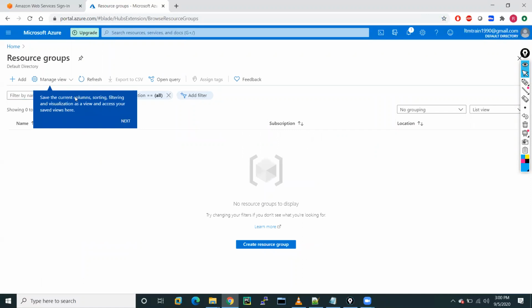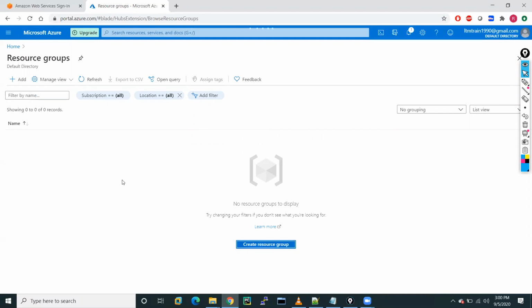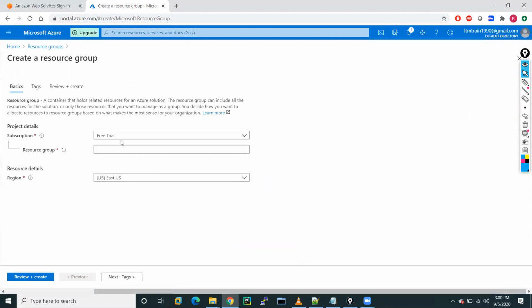On this account there is no resource group. So first I will click on resource group here. It will create a resource group. This account is a free trial. So I will put the name: resource group for company A hyphen A. Okay, and I will go with East US.